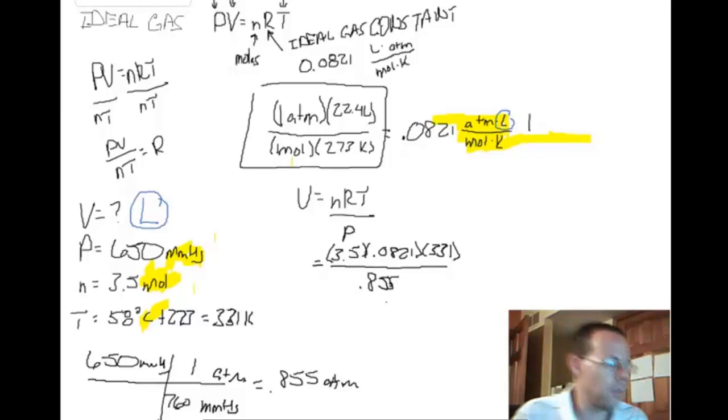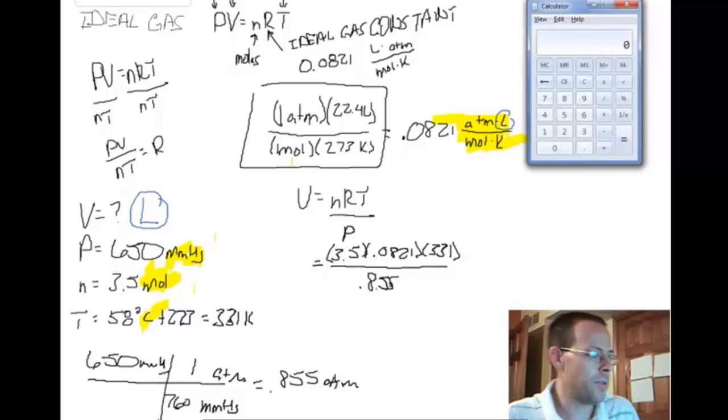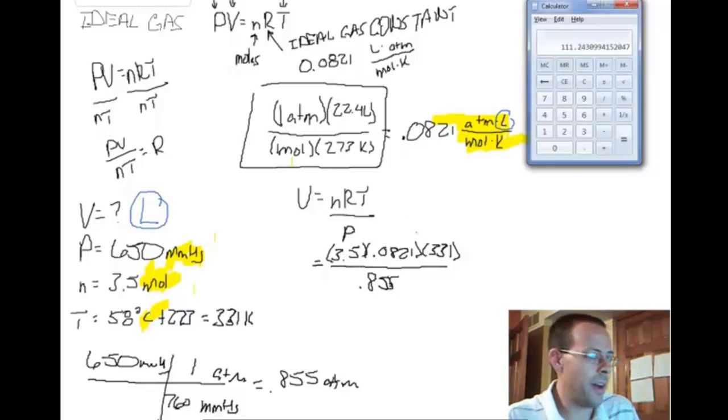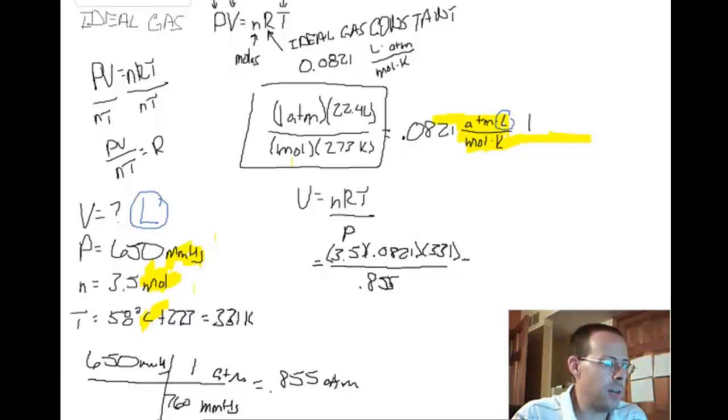Right, so again, we can get our calculator out, take 3.5 times 0.0821 times 331, and we're going to divide that by 0.855. We're going to see that our gas would take up 111